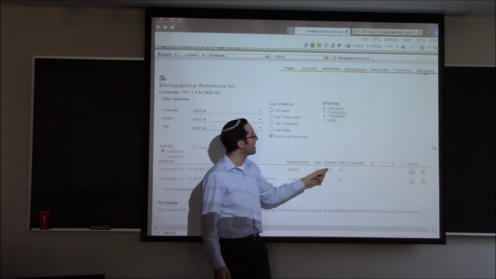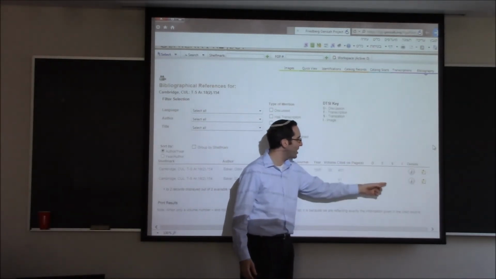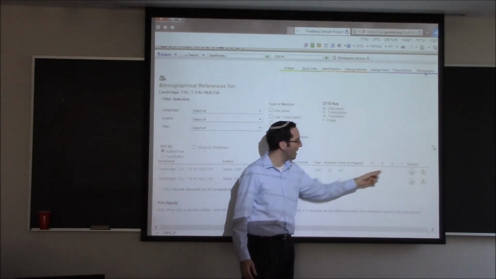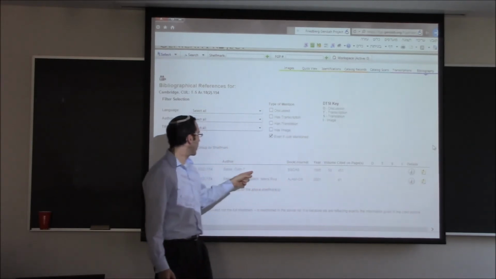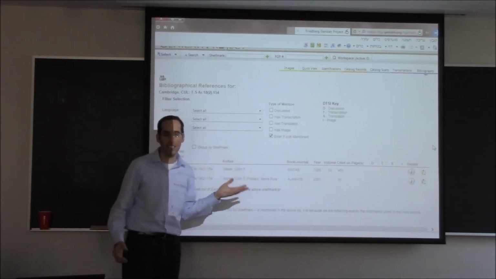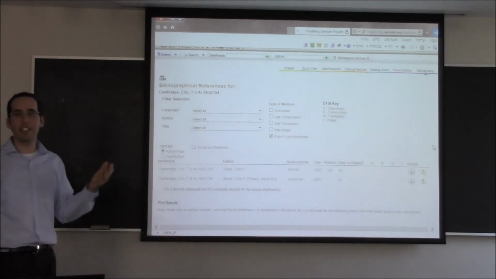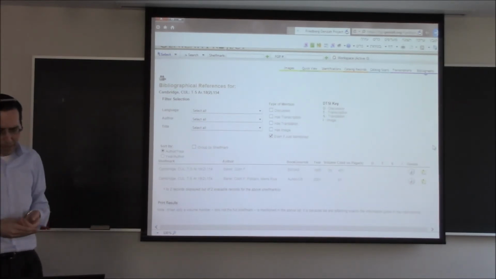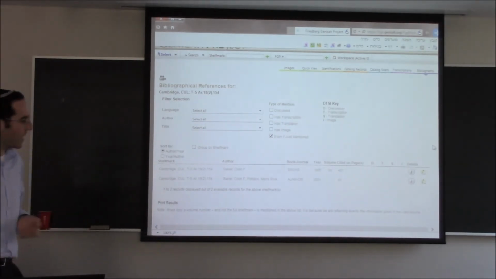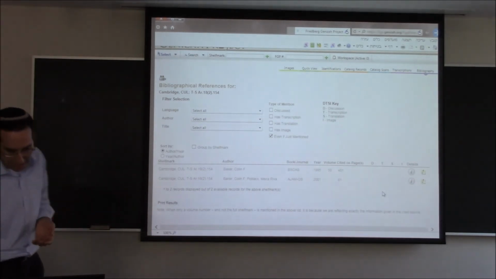If any of these citations included an actual discussion of this manuscript, or a transcription, or translation, or an image of it, it would have a check mark here, or some notification letting you know that that's what happened. None of these are checked, and indeed, if you go to these publications, you'll see that they're essentially catalogs, just saying that Cambridge University Library has a manuscript of Sefer Mitzvot, and it is this shelf mark, and that's all it says about it. But if I was interested in a certain manuscript, this would tell me if anybody has ever discussed it or